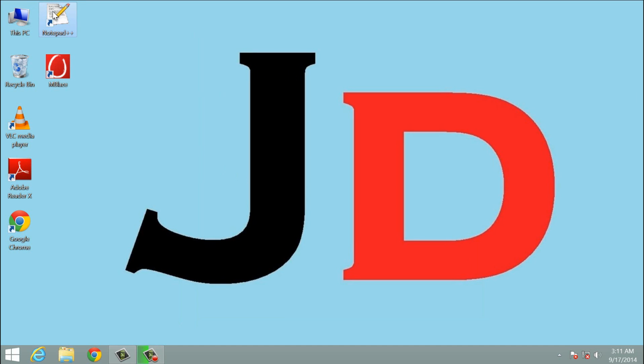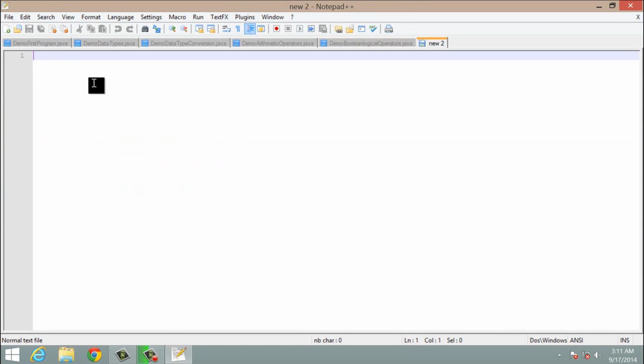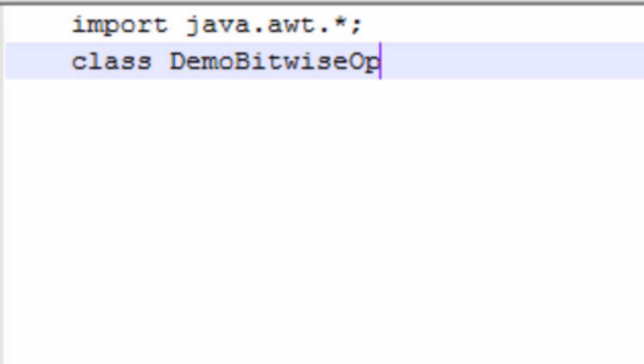I will open Notepad++. Here I will make a new file. First I have to import the basic libraries of Java. Now I will make a class and the name of class will be demo bitwise operators.